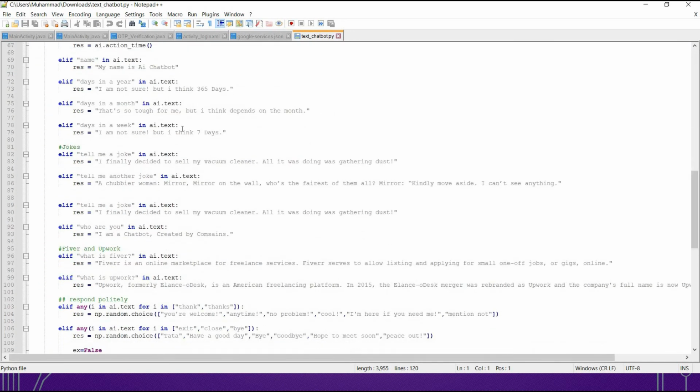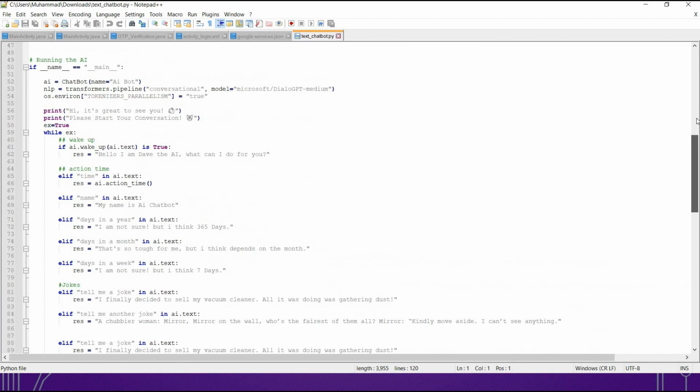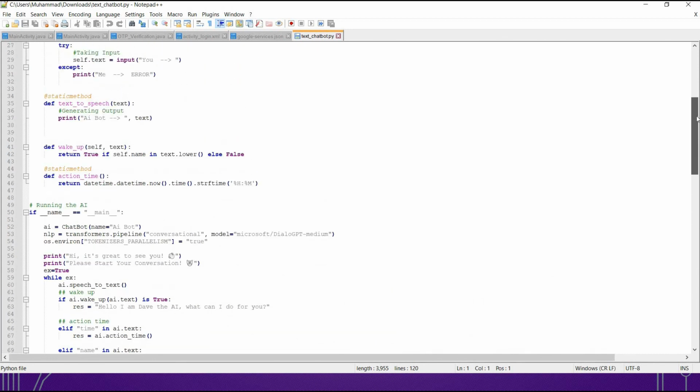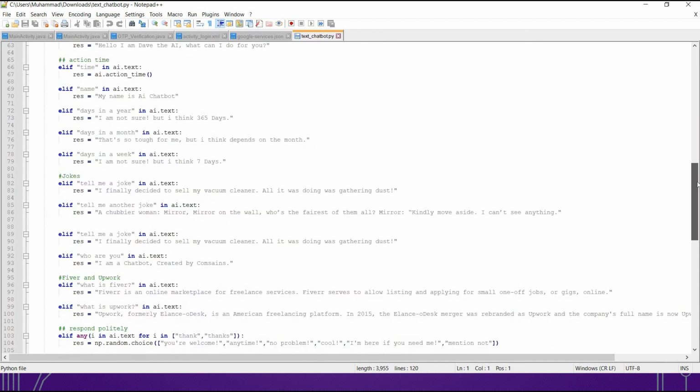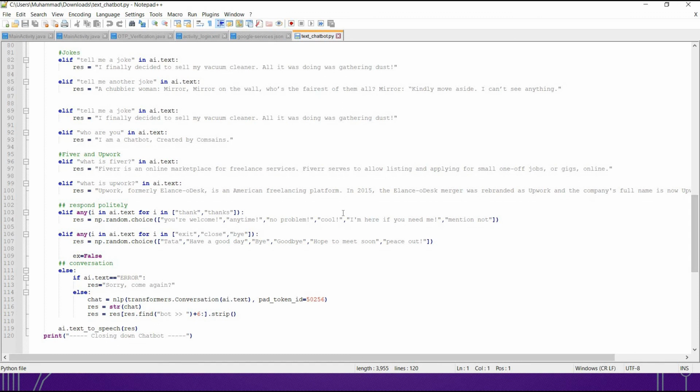So these are some scripts that is not written in the GPT library. So these are some libraries that we entered by ourselves. Basically, I would say some example. Look at this. Where you say who are you, you should say who are you, then the bot will reply.